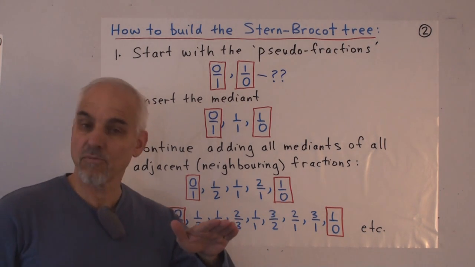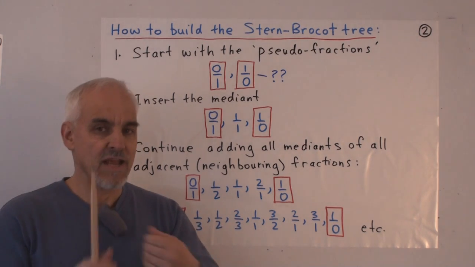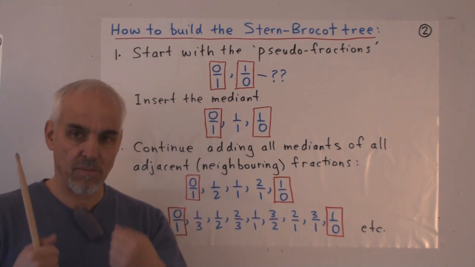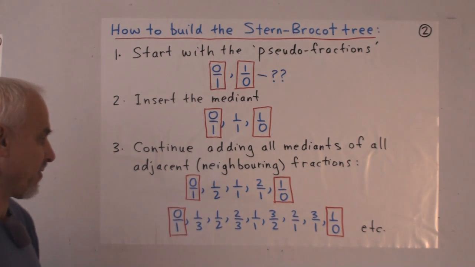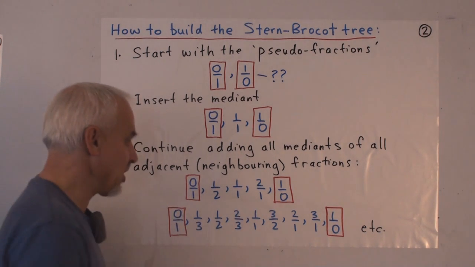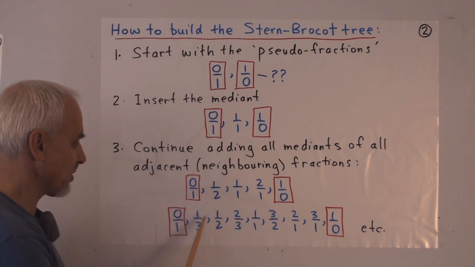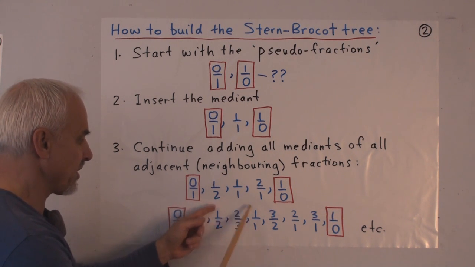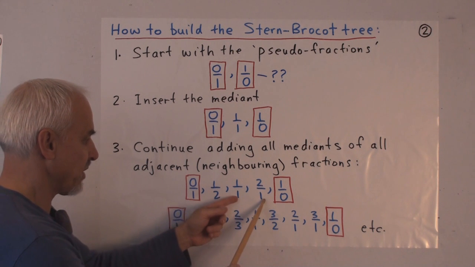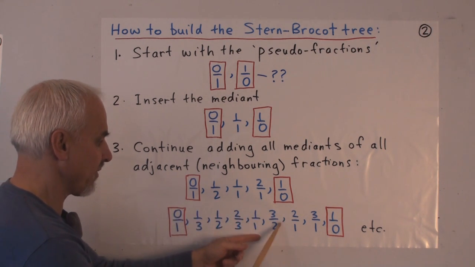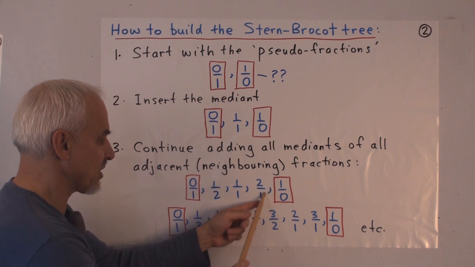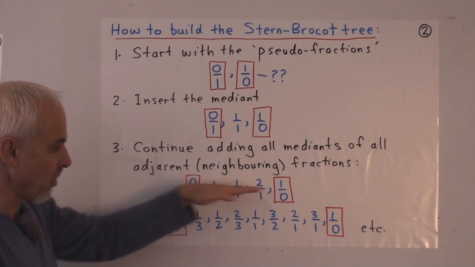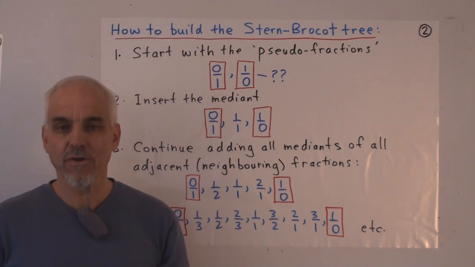So unlike the process of generating the Farey sequences, we take all mediants between neighboring elements that we have and insert them between the two elements that are creating them. So for example, at the next stage, we take the mediant of these two, which is 1/3, and put it in between these two. Between here and here, we take the mediant, which is 2/3. Between here and here, the mediant is 3/2. It fits there. And between here and here, the mediant is 3 over 1. It fits there. So generating these rows is very straightforward.